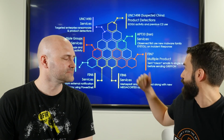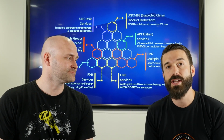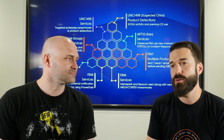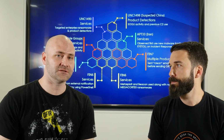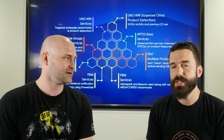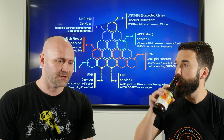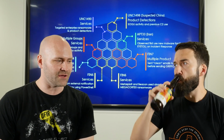So you even see Fin6 switching, using yet another ransomware framework, Megacortex. So this makes it 3. We've seen them use Ryuk, we've seen them use Goga, and now we've seen them use Megacortex. I kind of wonder, in terms of them switching it up, are they switching it up because